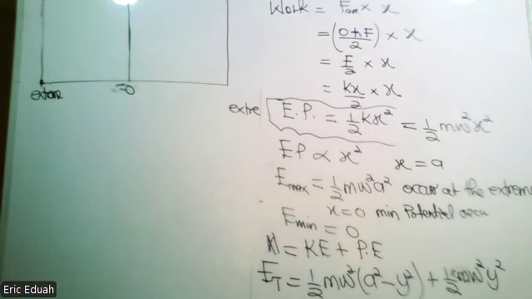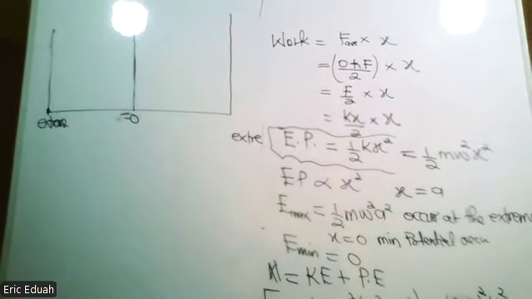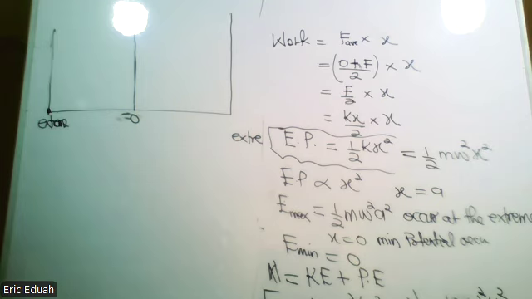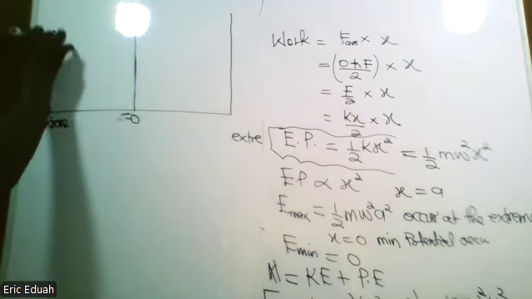Now, for an oscillating body, its energy is maximum. Potential energy is maximum at the extremes. So potential energy,